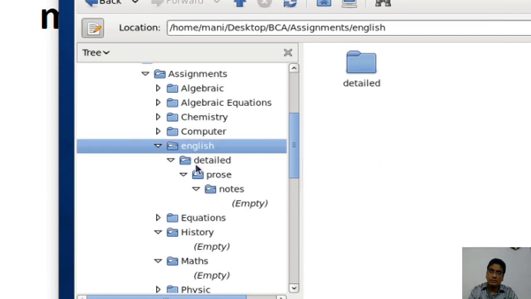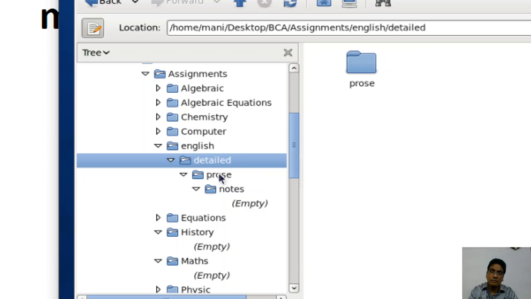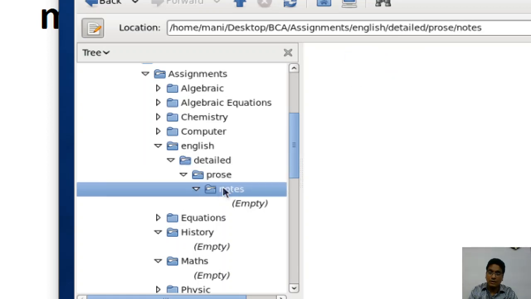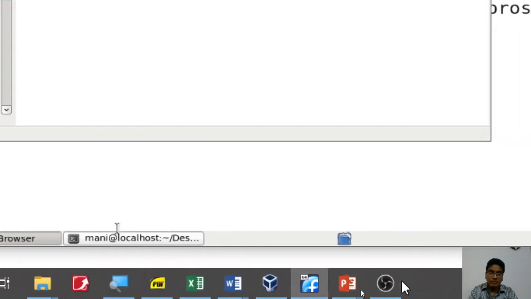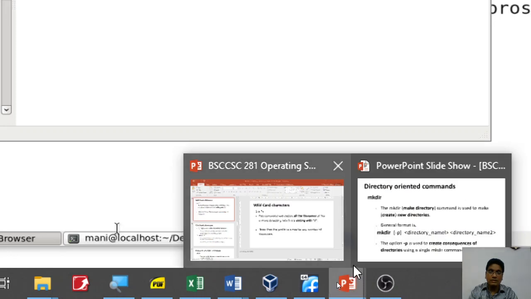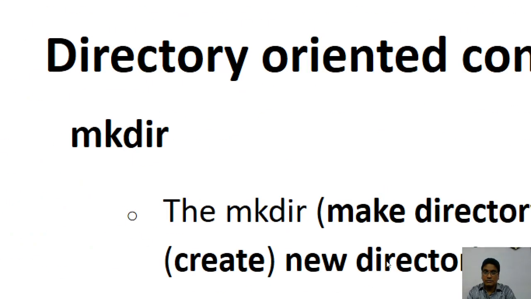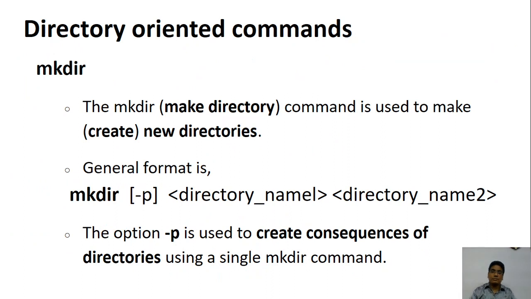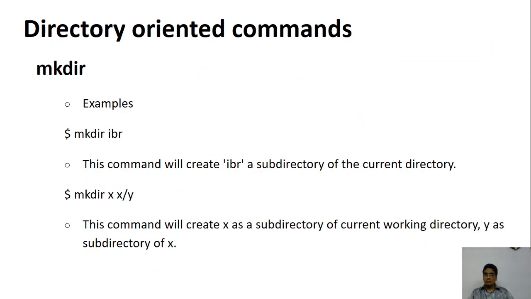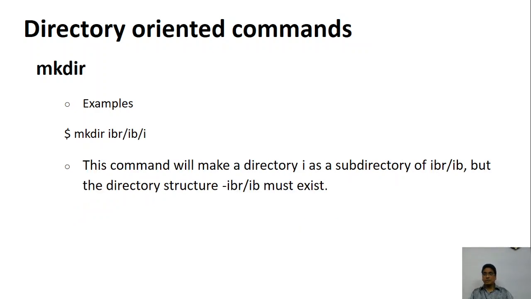So if you see English, inside English you have detailed, inside detailed you have prose, you have notes, and so on. So within one shot you are able to create many folders. That's the beauty of that -p. You can use that -p for doing that thing. So I've given you the option how it can be created.